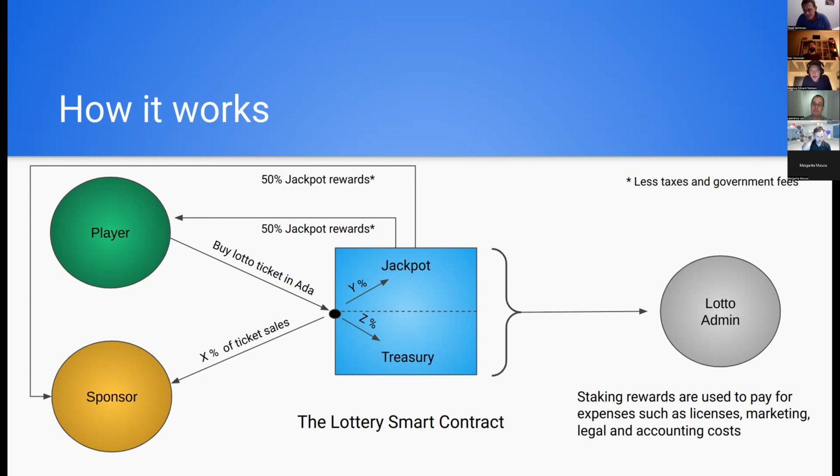Unless there's one player. Exactly, you'd have to have certain incentives. I've thought about that. I don't want to go into too much detail, but there are ways to make it so it's not in anyone's interest to buy all the tickets or have only one player. All right, cool. So just an idea, but definitely, as people look at these green projects, funding is an important element, and this could be an option to generate some funds.